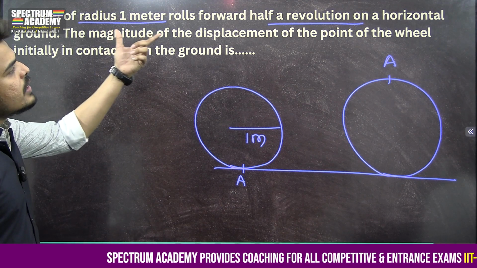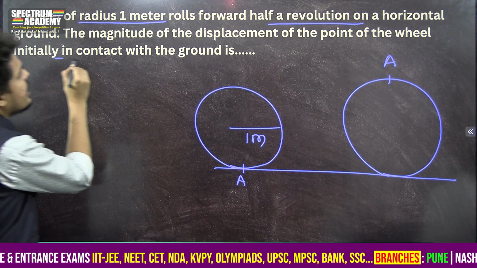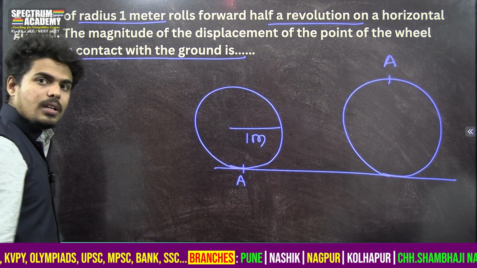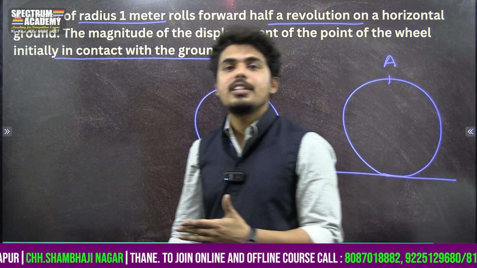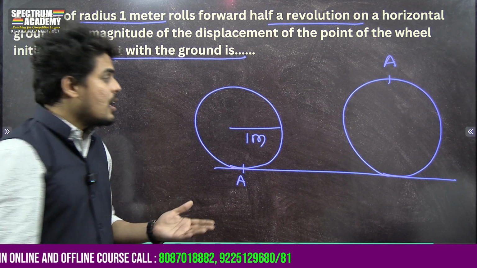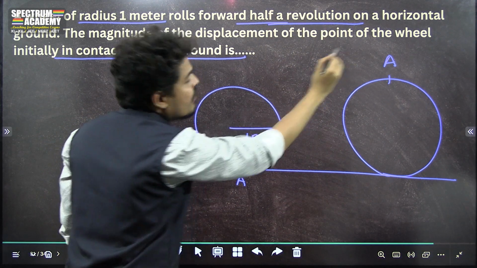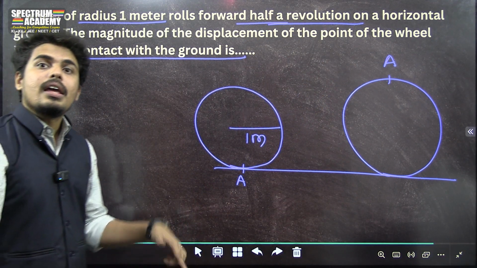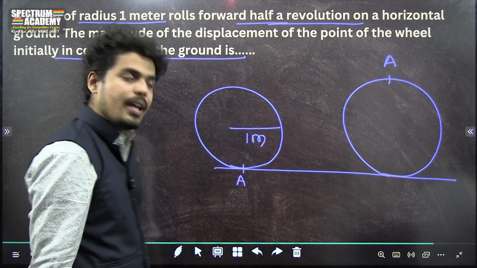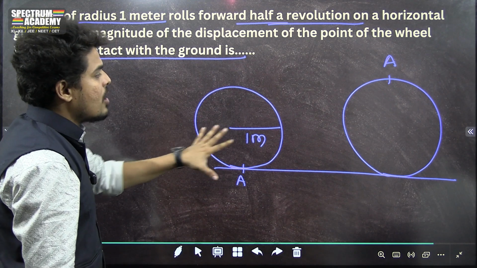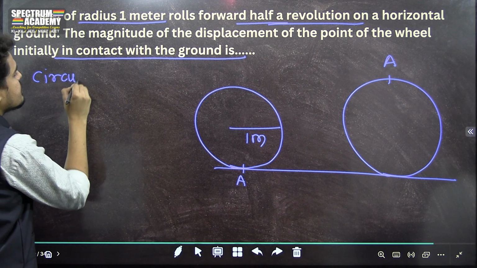So the magnitude of the displacement of the point of the wheel initially in contact with the ground is, अब ये पॉइंट कांटेक्ट में है ग्राउंड के साथ, आफ्टर हाफ रिवोल्यूशन पॉइंट ए कहां चले जाने वाला है, ऊपर चले जाने वाला है। और हमें बताया गया है व्हील कवरिंग हाफ अ रिवोल्यूशन, यानी व्हील की मोशन ऐसी है कि वो जस्ट हाफ रिवोल्यूशन कंप्लीट कर पा रहा है। यानी अगर इसकी रेडियस आर है तो सरकमफरेंस आता है,